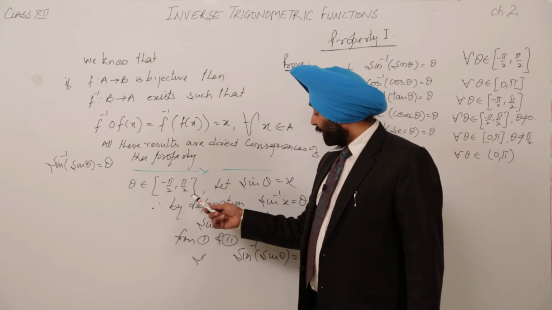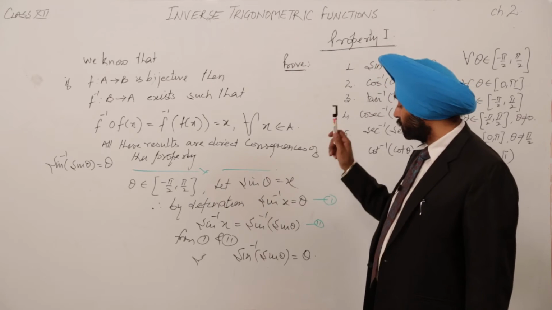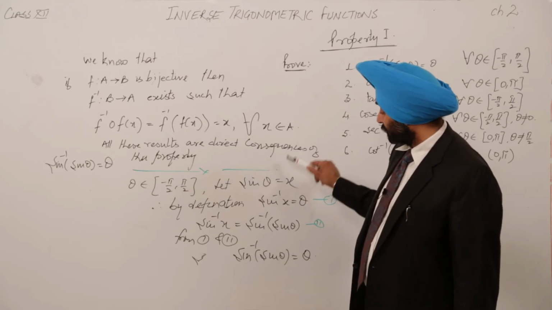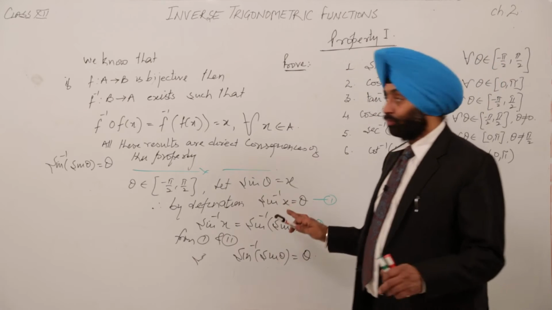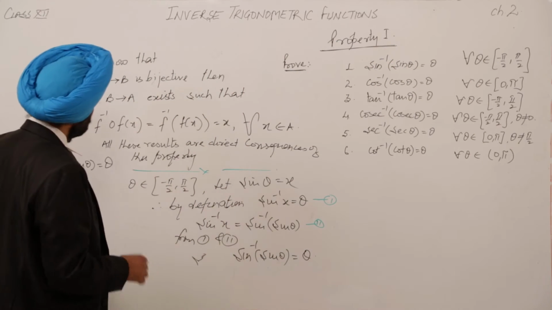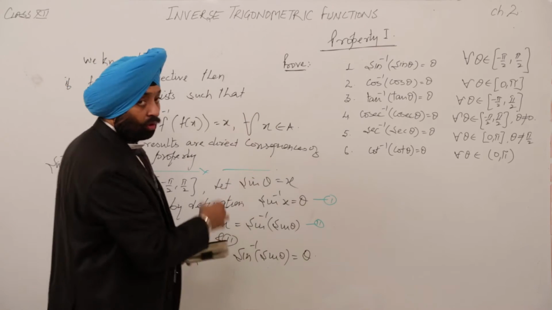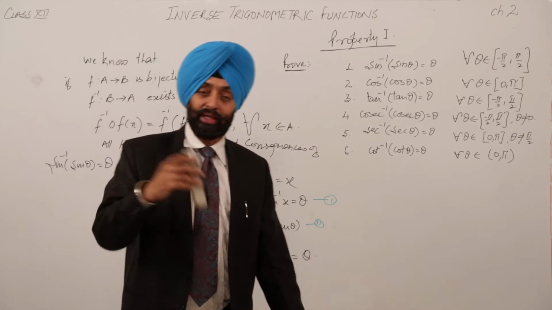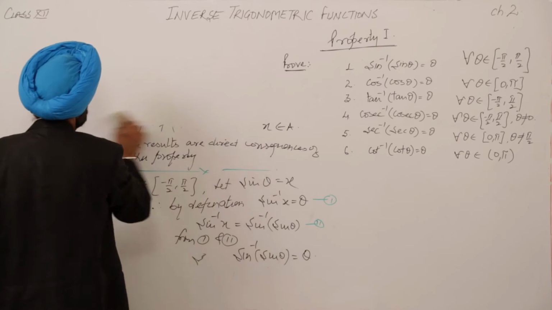By the definition, sine inverse x is equal to theta as sine theta is equal to x. So in sine inverse x, in place of x I put sine theta. So sine inverse sine theta is equal to theta. Now I have proved this, and it is very simple. Based on this, we can prove all the 6. You can try it. In the same way, in place of sin x you put cos x, then tan x, and so on. You can solve it.